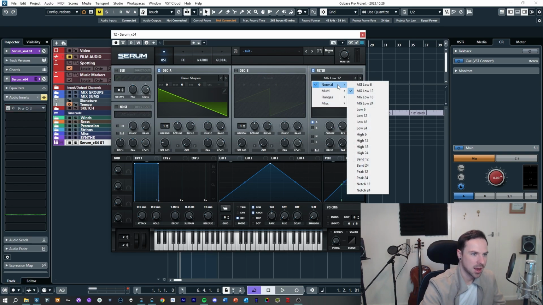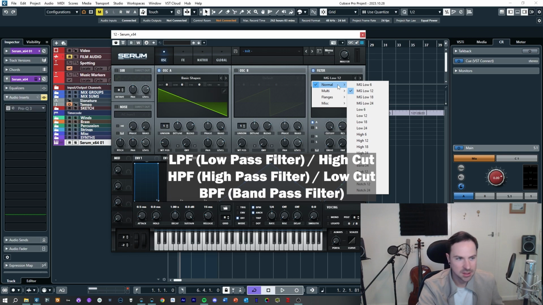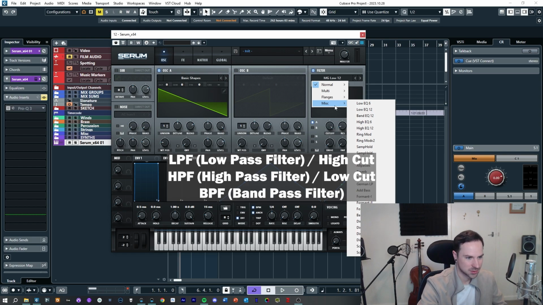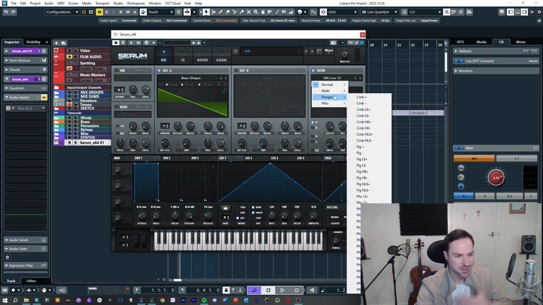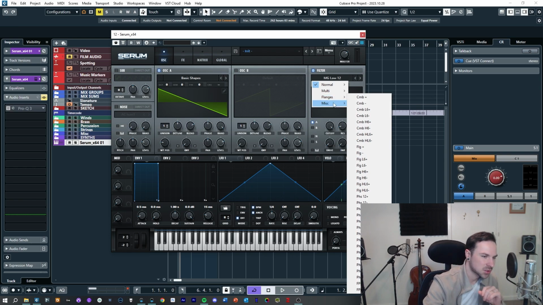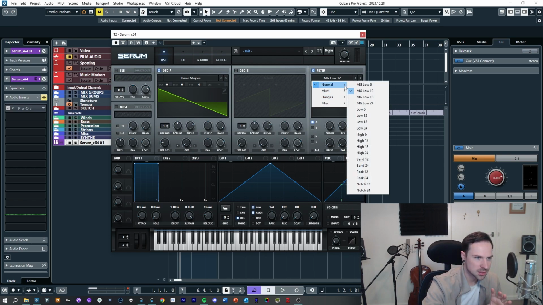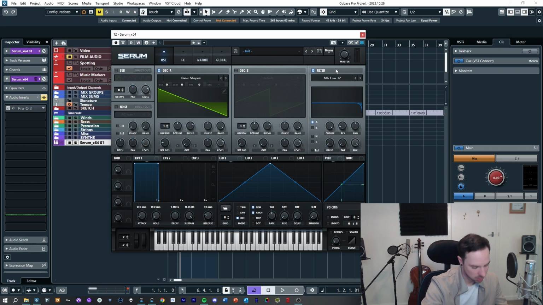You'll see a LPF, which stands for low pass filter, a HPF, high pass filter, and there are several really interesting ones like band pass filter, peak filters, notch filters, then all sorts of specifically very interesting filters inside Serum, such as ring modulators, comb filters, phasers, flanges, great stuff like that. So for the purposes of a basic sound here, we are just going to use a LPF, a low pass